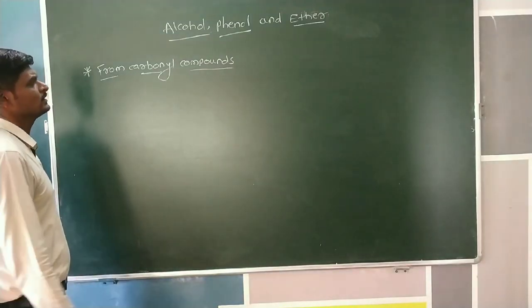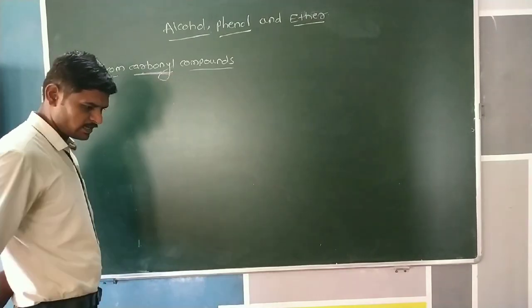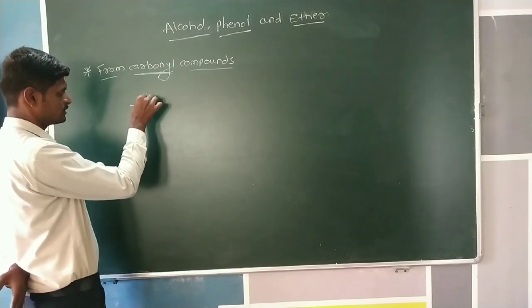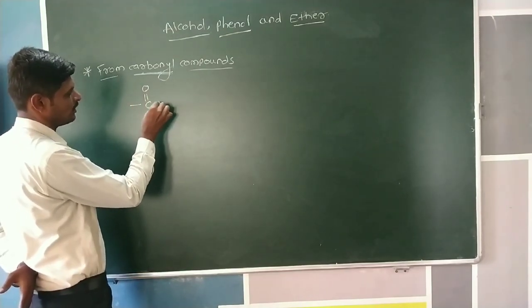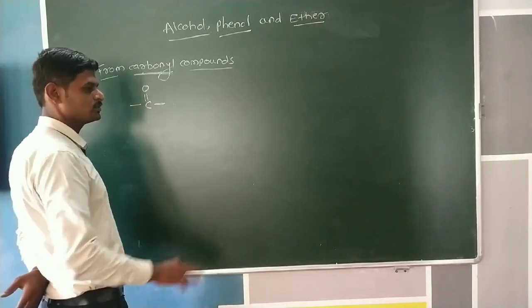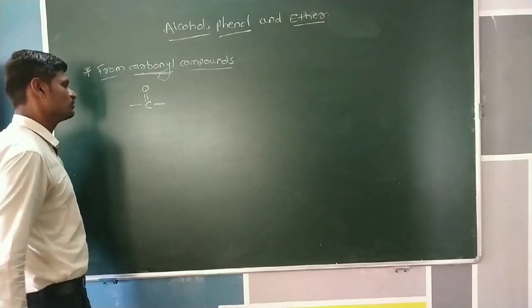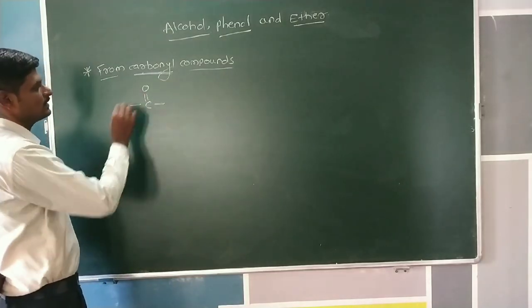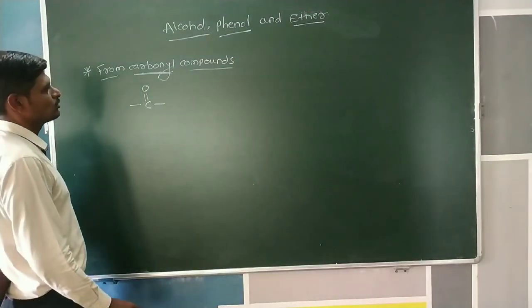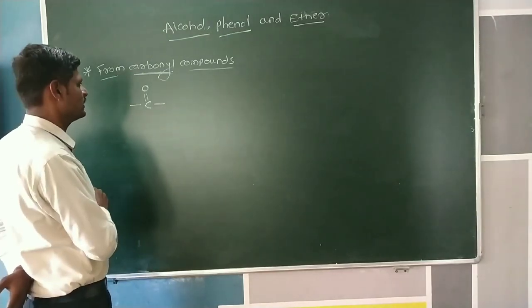In this reaction, firstly we see what is meant by carbonyl. The carbonyl means the carbon which contains a double bonded oxygen, and on both sides of this carbon atom, either hydrogen or alkyl groups are present: one alkyl group, or both alkyl groups. Then this is a carbonyl group. In this carbonyl group, the carbon is directly attached to the oxygen atom.